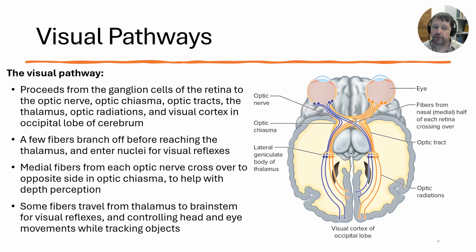Okay, so the visual pathway kind of works like this. We're not going to dive too deep into this, but you'd have photons that are coming in through the cornea, through the lens, picked up by the cones and the rods. Those nerve fibers are going to cross. So your right eye crosses over to the left hemisphere. Your left eye crosses over to the right hemisphere. Okay, and so that normally is called the retina crossing over.